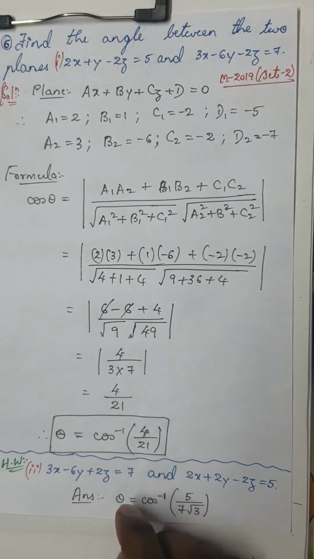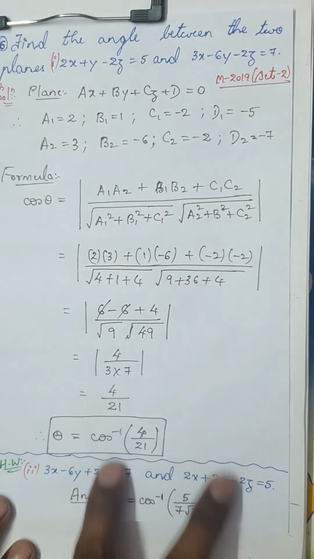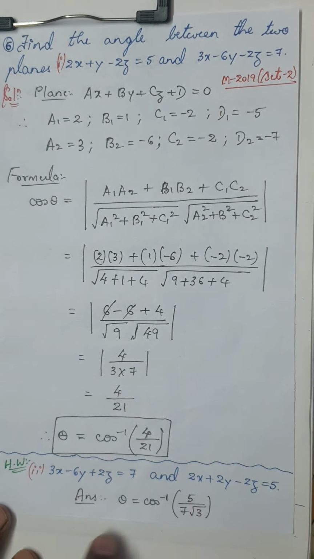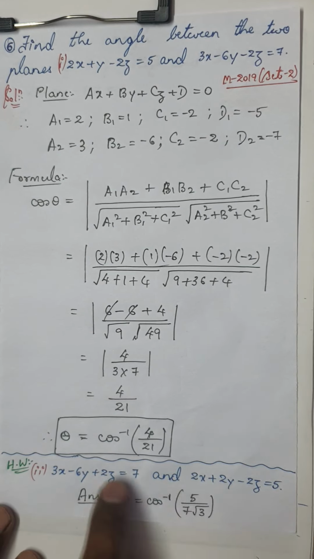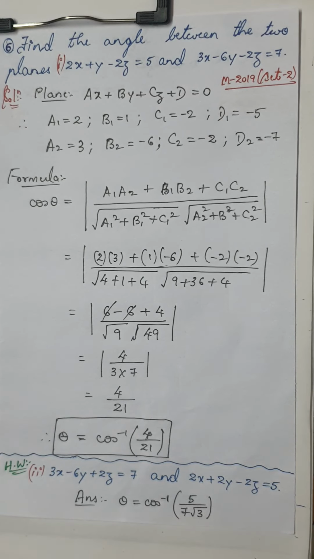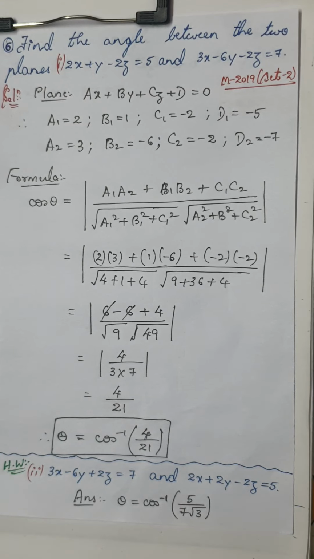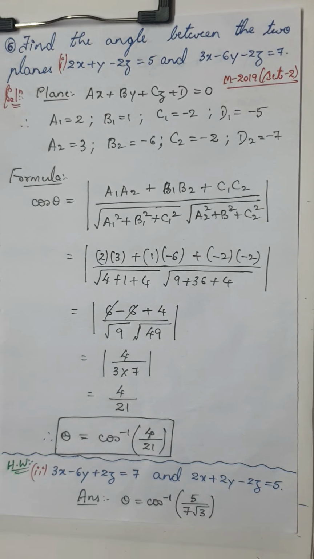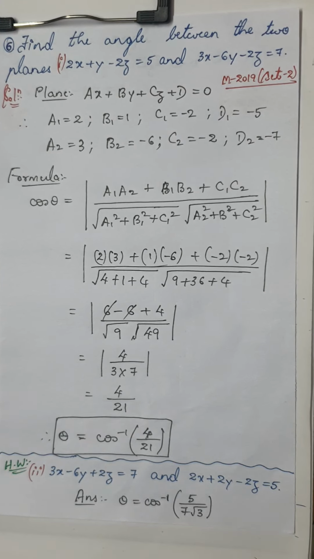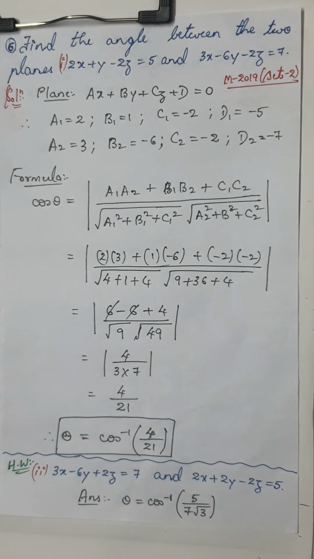Okay students, before moving on to the next question, there is a similar question. Find the angle between the two planes. I've given you a similar question for homework. You can try it with the same procedure. I've given you the answer. You can check it out. For the angle between these two planes, theta will be cos inverse of 5 divided by 7 root 3. So I believe you can definitely solve this. In case you have any doubts, you can kindly refer to the textbook, because this question is solved in the textbook, example number 23. Okay, fine. We shall move on to the next one.